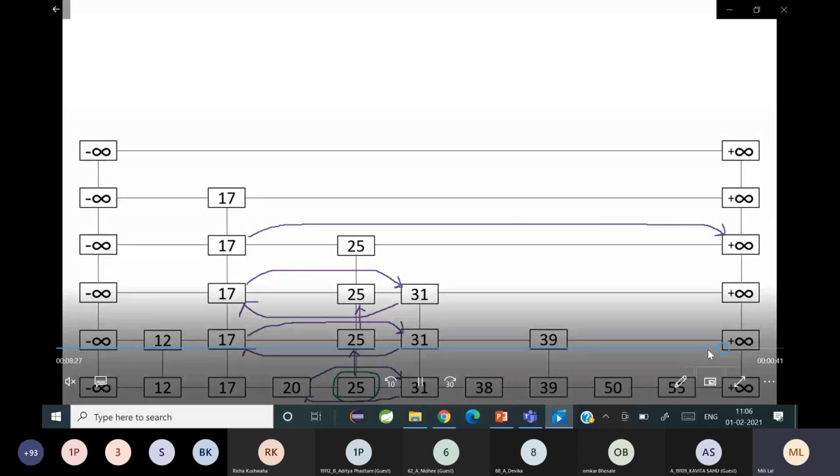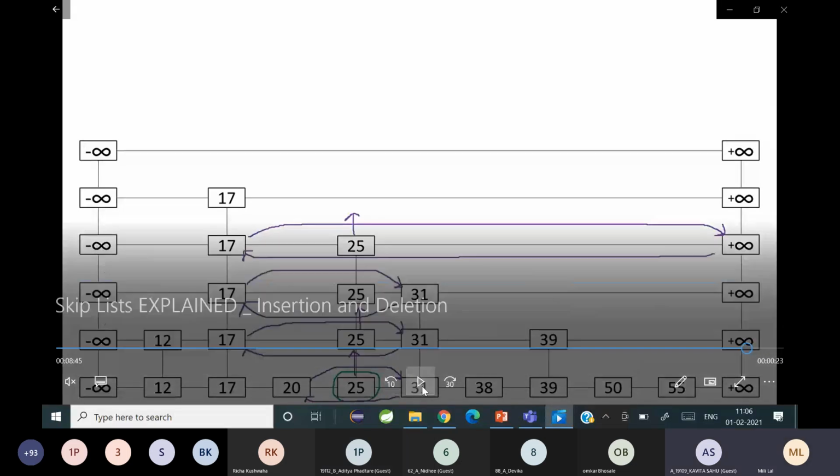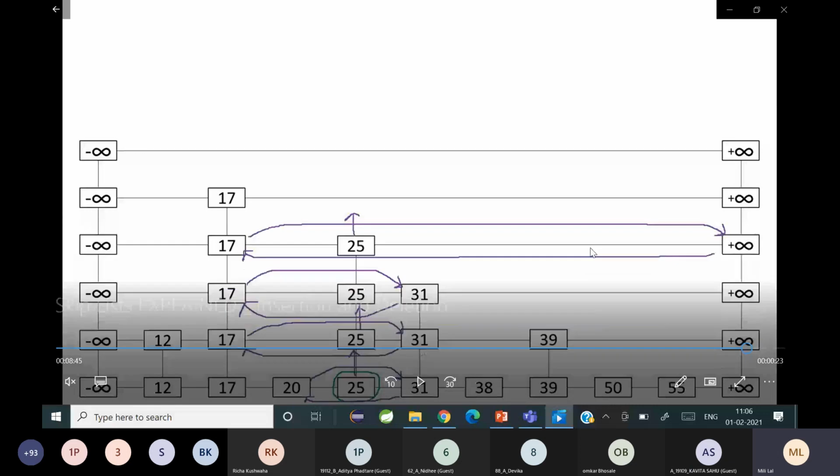Can you see that? Okay, so this is how deletion happens. Is it clear to all? Have you all understood deletion now? So deletion kaise hote hai? Similar to insertion.